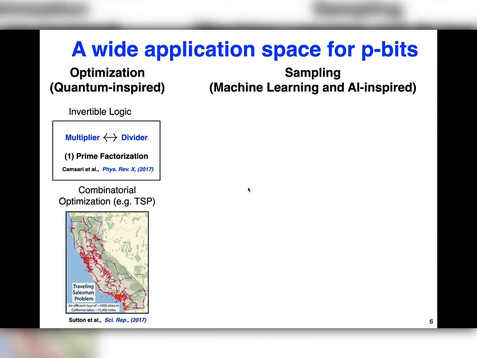Now, combinatorial optimization problems are fundamentally difficult problems in computer science. And the most famous one perhaps is the traveling salesman problem, where you try to visit n cities exactly once while trying to minimize distance. Now, these problems often have powerful probabilistic algorithms. And it turns out whenever you have a naturally probabilistic problem, p-bits become a natural substrate to solve these problems.